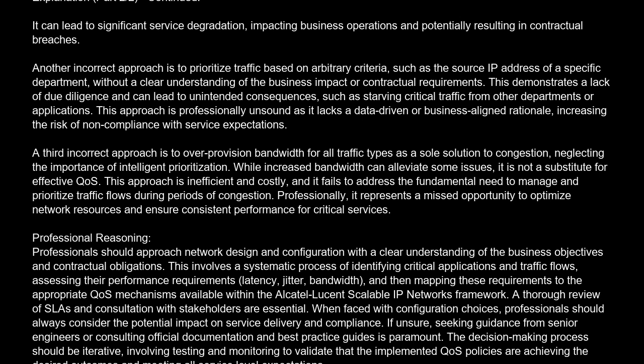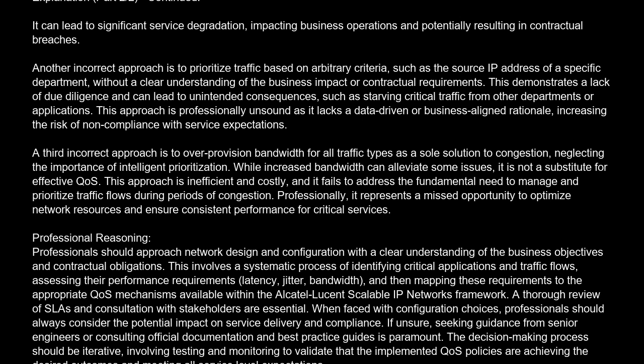While increased bandwidth can alleviate some issues, it is not a substitute for effective CoS. This approach is inefficient and costly, and it fails to address the fundamental need to manage and prioritize traffic flows during periods of congestion. Professionally, it represents a missed opportunity to optimize network resources and ensure consistent performance for critical